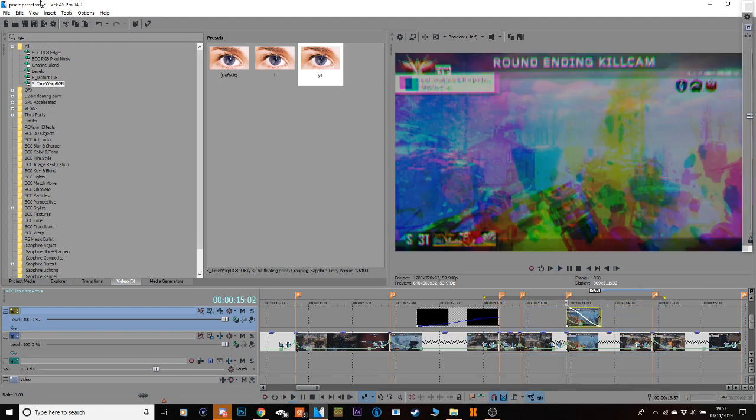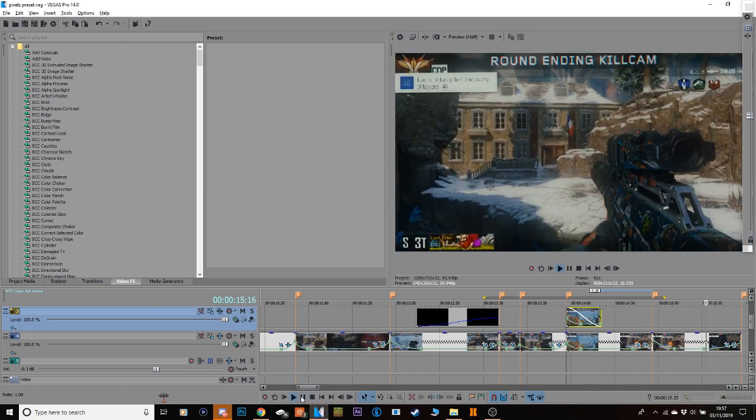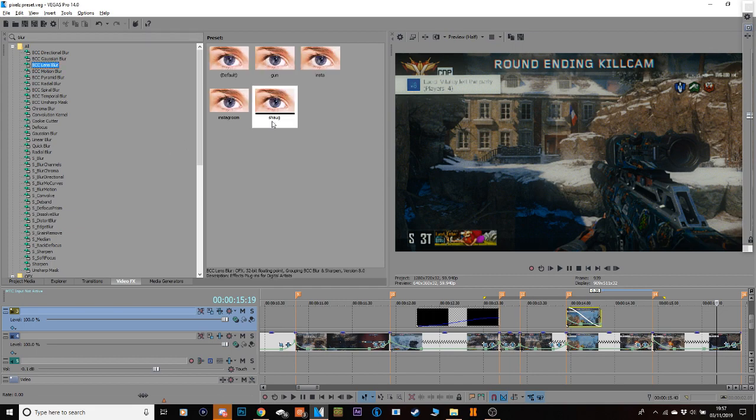And I'm also just going to add a little bit of lens blur. Sorry, yeah, the music interrupted me, but I'm just going to add a bit of lens blur to the